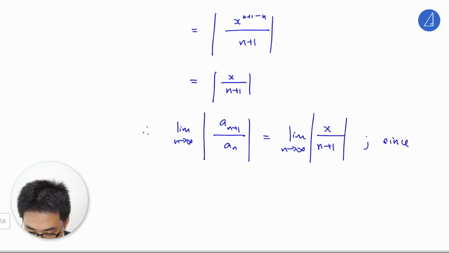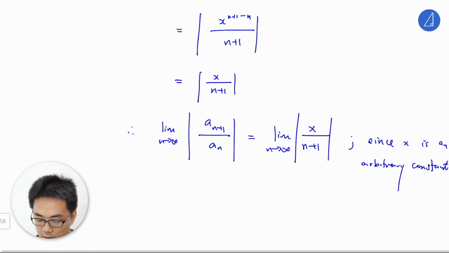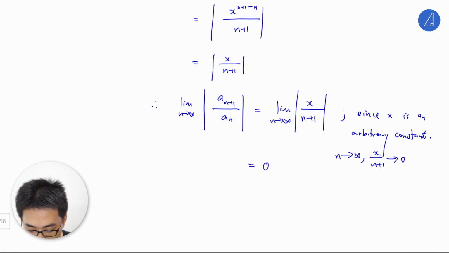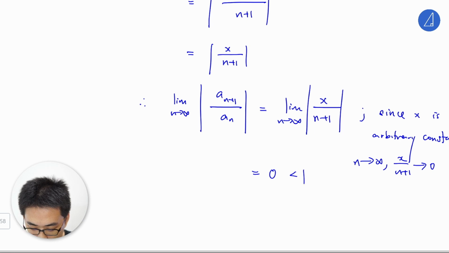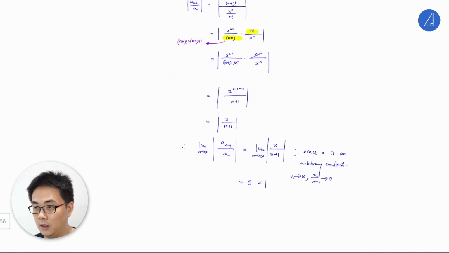Since x is an arbitrary constant, as n goes to infinity, x over n plus 1 goes to 0. So this will be 0, which is less than 1. So by d'Alembert's ratio test,